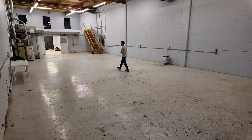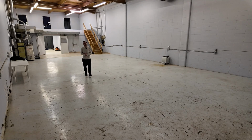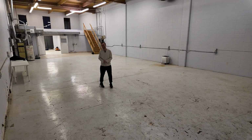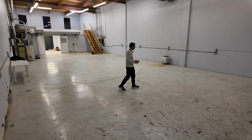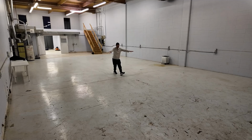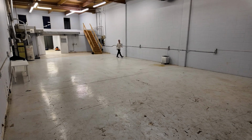The main benefit of this new studio space is that it's going to give us a lot more space for the Lego city. That's what we wanted to do, right? I'm pretty excited about it. I think what's going to happen is I might take the new Lego city layout and center it right here in this massive room. What that's going to do is leave a perimeter where you can walk around and access the Lego city